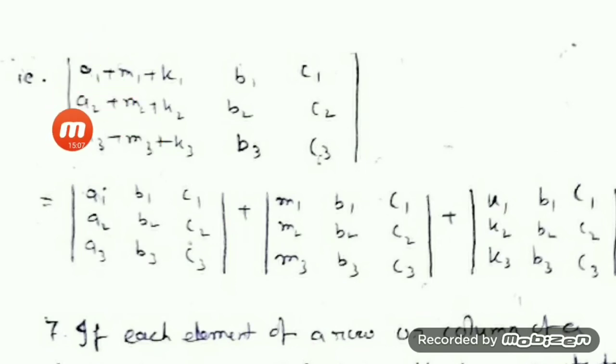Changing the first elements first, keeping these 2 columns as they are, then the second elements M1, M2, M3, keeping the others as they are, then plus K1, K2, K3, and the others as they are. Suppose you have a negative sign, then that will be negative. Here if you have negative, then it will be a negative sign. Sum means additive inverse is minus, so minus is also possible.